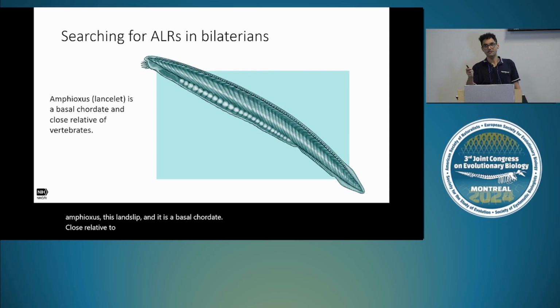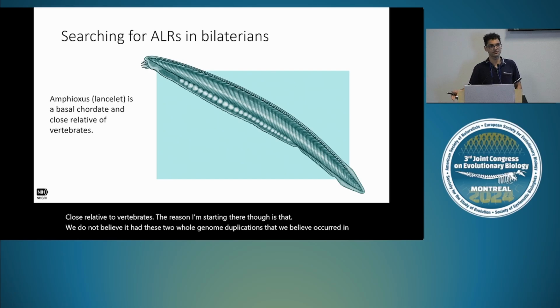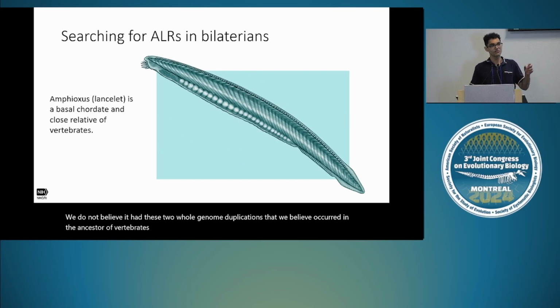The reason I'm starting there, though, is that we do not believe it had these two whole genome duplications that we believe occurred in the ancestor of vertebrates. So we hope it would have clear allorecognition orthologs while being a simpler genomic target for this first step in